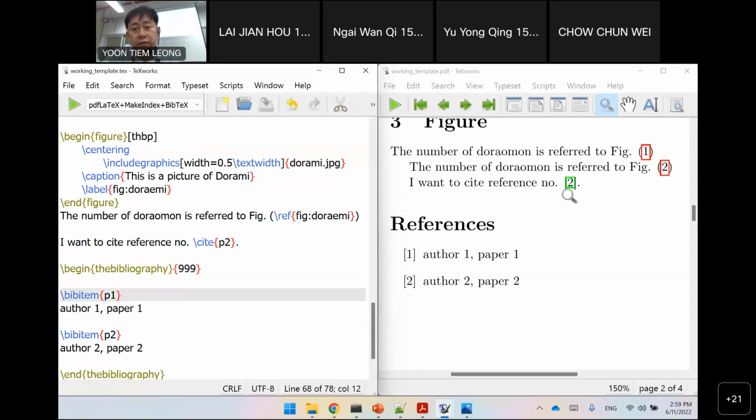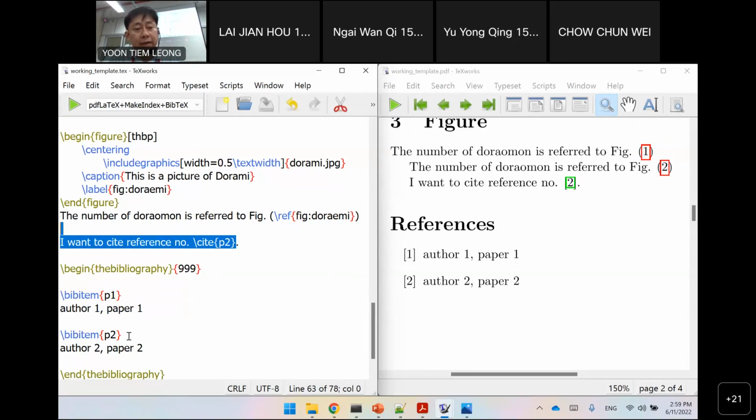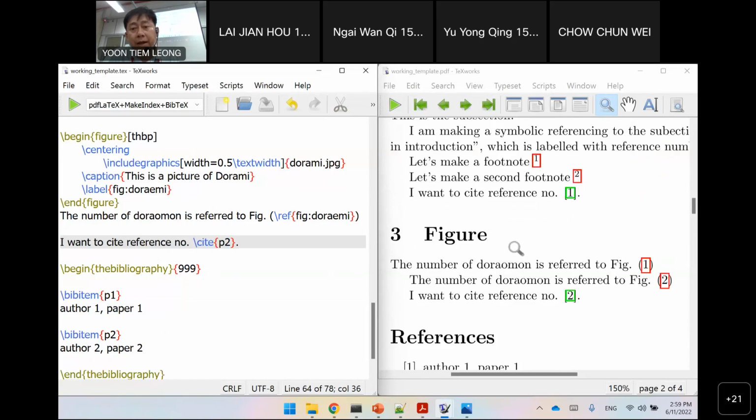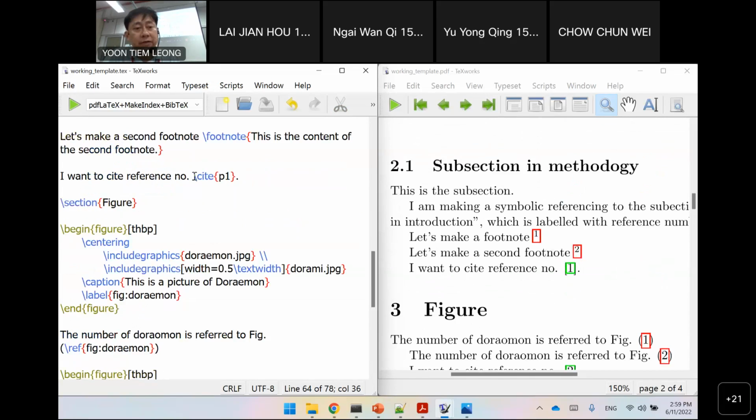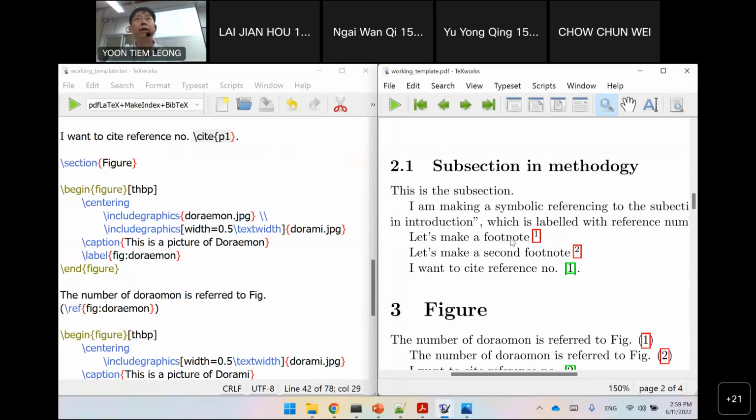Then if you are referring to reference number 2, this is author 2, right? So this line, I want to cite reference number 2 is here. So you just cite paper number 2 by referring to P2. In the earlier part, I'm citing reference number 1. So here you cite reference number 1 by citing the label of P1. So it should be clear to you how you can make a very simple bibliography referencing system in a LaTeX